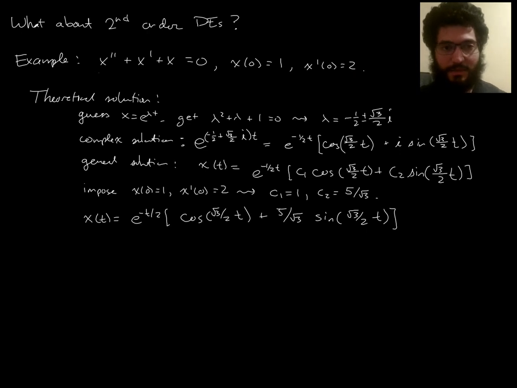So here's my second order differential equation as an example with some initial conditions, which we need 2 of them now. Here's how I got the theoretical solution. I think we've done this exact example before. That's why I chose it. So you guess x equals e to the lambda t, you get a characteristic polynomial, you get some roots, they're complex, you get a complex solution, you use the real and imaginary parts to generate yourself a general real solution, you impose the initial conditions, and you get some values for the coefficients c1 and c2, then you get yourself a particular solution,